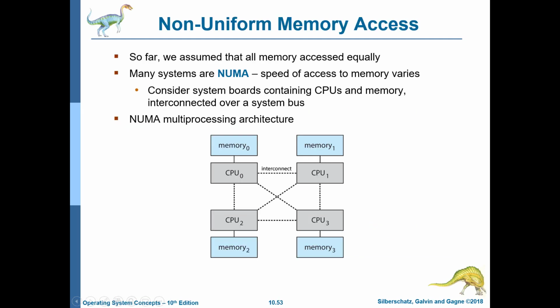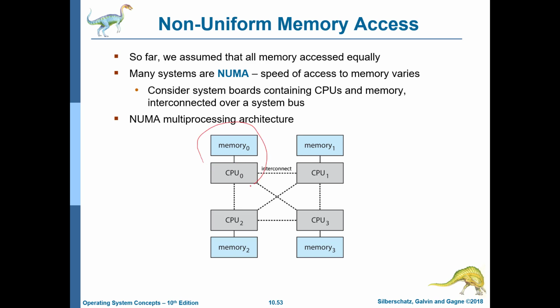We'll start this lecture with non-uniform memory access. What we have been seeing in the previous lectures is that we have one CPU or a set of CPUs, and we have memory. In comparison, we can have a non-uniform memory access system where instead of one CPU, we have multiple CPUs. The CPUs are connected to each other. And furthermore, there is a memory bank which is close to each CPU, as you can see over here.